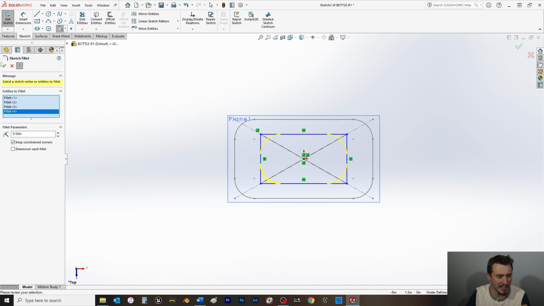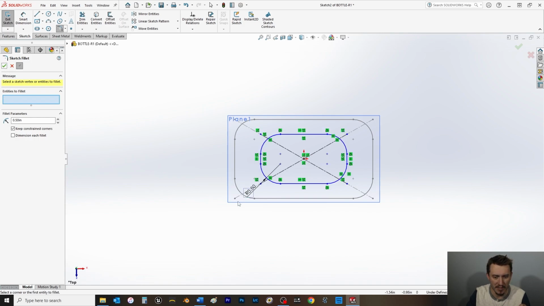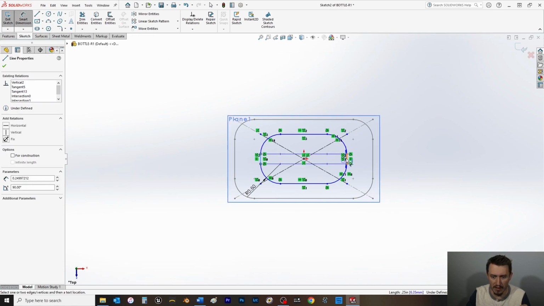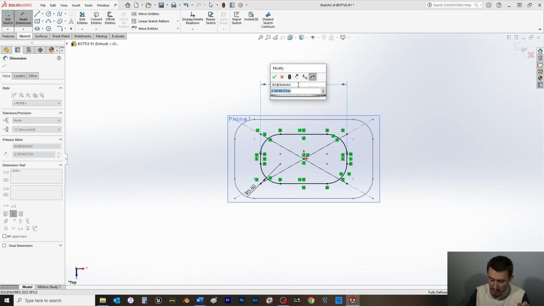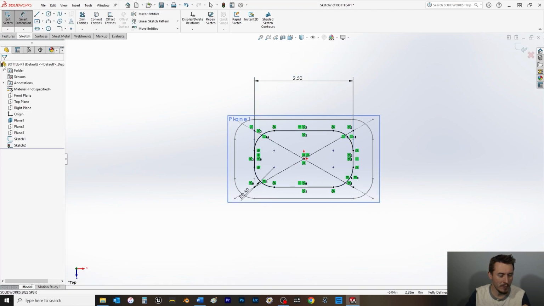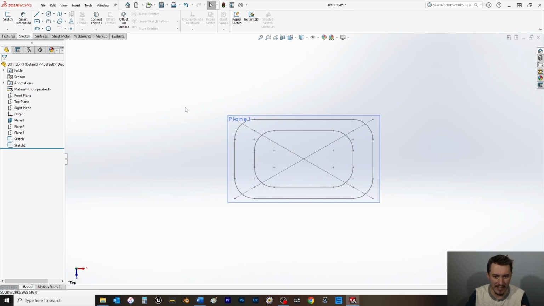So we'll do that. Click OK. And then from there, we're going to add a width of 2.5 versus 3.5. Now we're fully defined. Click OK, exit the sketch, Control S, and now we will move on to the top